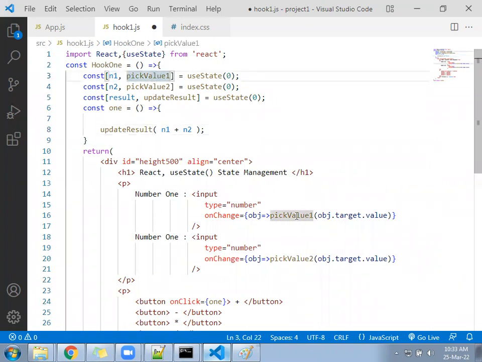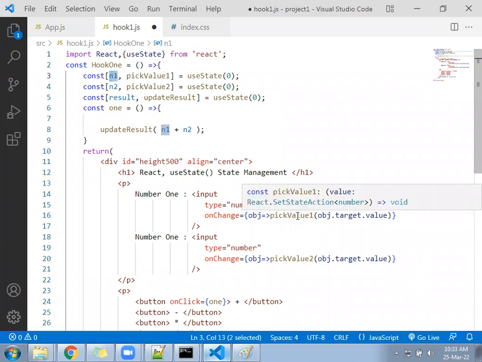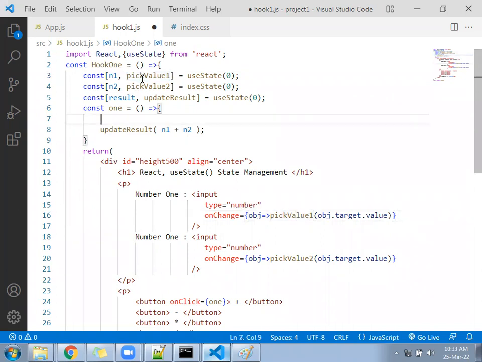Because the pick value function is taking the value and sending it here to n1. Under the n1, the value can be changed by the pick value function only. Because inside n1 the value has come in which format? String format. Who has brought the value? Which function? Pick value. Now here we need to call the pick value function again, and under the pick value function,